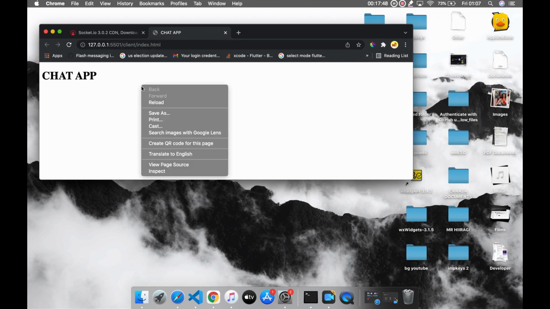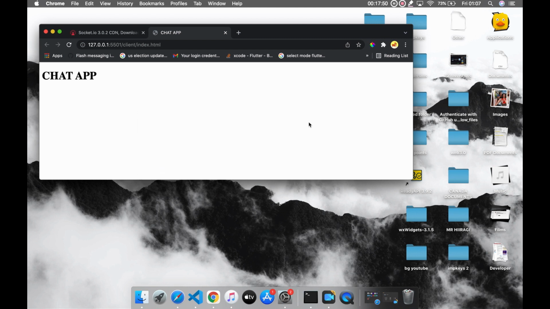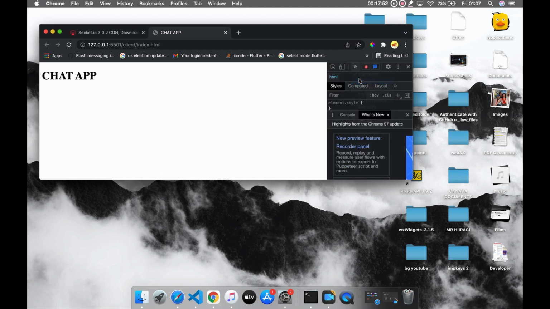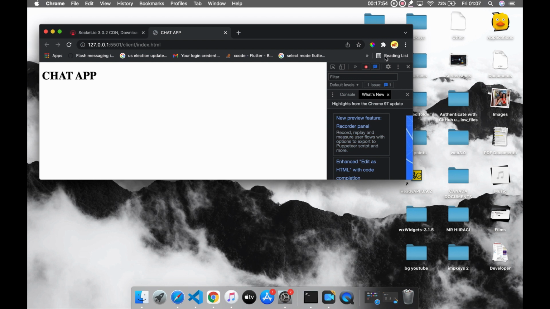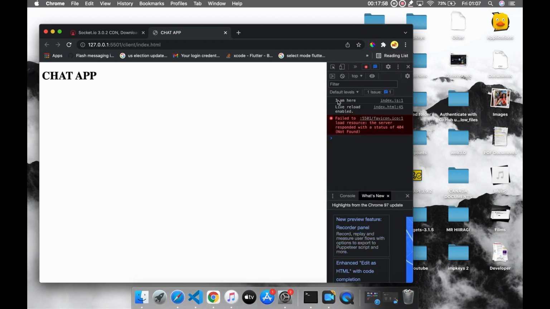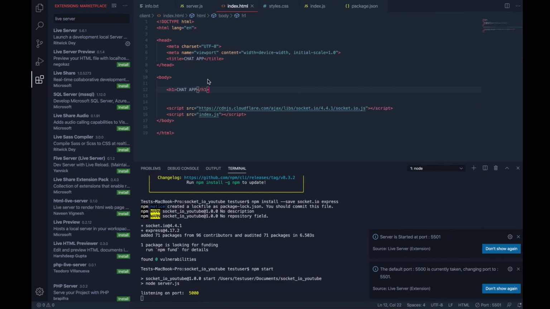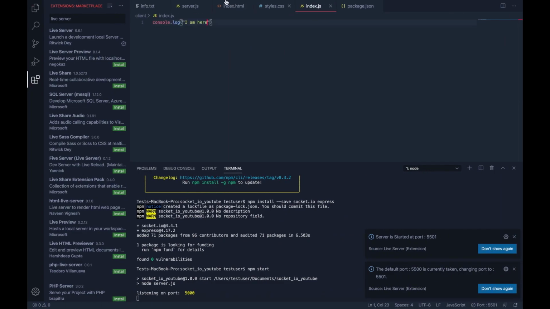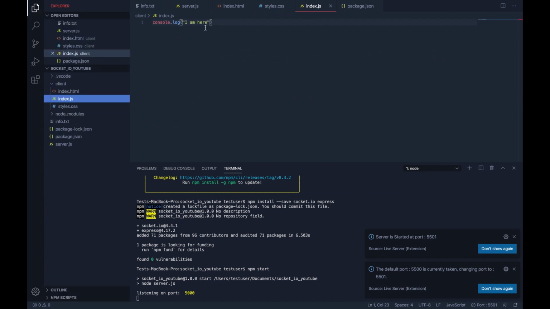So let me just right click this and inspect just to see if everything is going well. Let me make this a little bigger, of course. We can see that this log "I am here" is logged, meaning that our index.js client JavaScript file is connected. Awesome. So to connect to our